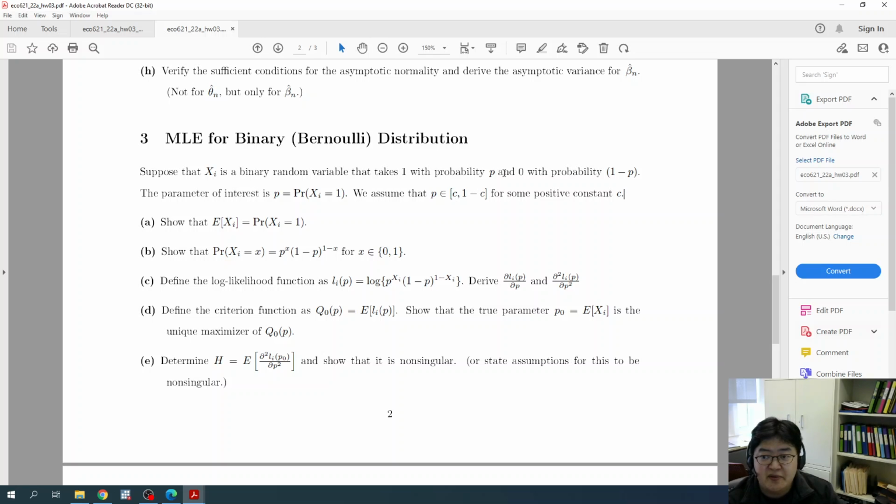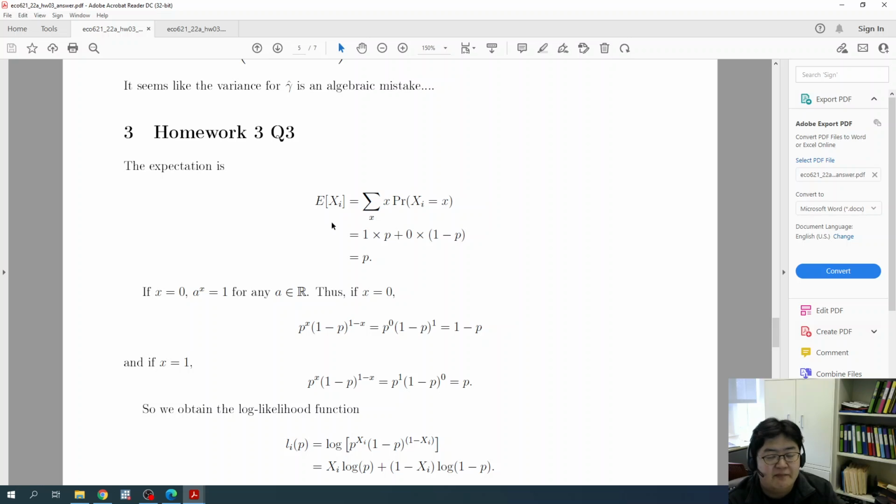And of course, the probability should be between 0 and 1, but we restrict p to be strictly within 0 and 1. So if it's too close to 0 or too close to 1, some problem arises. So we assume that there is a minimum and maximum different from 0 and 1. You can think of it as the minimum possible number a computer can understand, for example. Because if p is 0, 0 and 1 is not allowed, so there should be some minimum number.